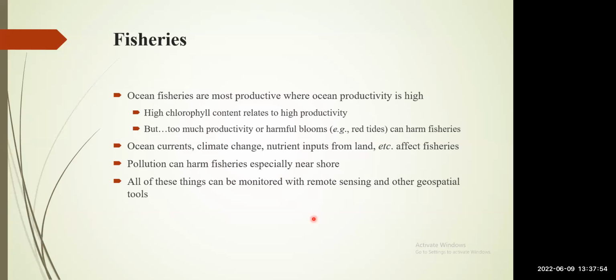Now coming to the fisheries, fisheries have their own importance in a specific location. I have already discussed that ocean fisheries are most productive where ocean productivity is high. High chlorophyll content is related to high productivity. As I discussed in the last part on chlorophyll concentration, one study was conducted